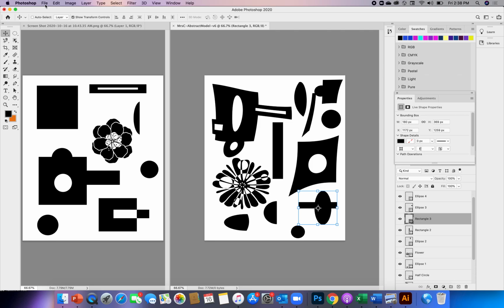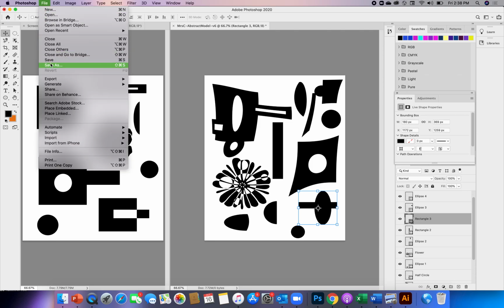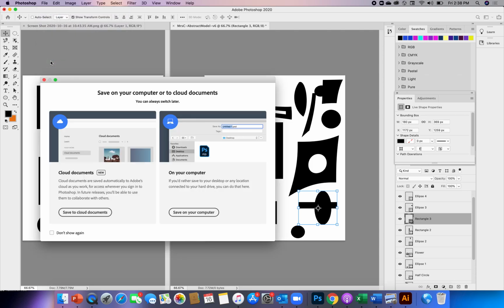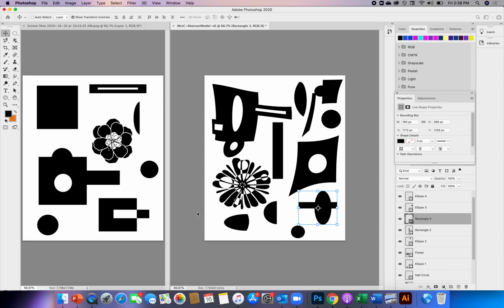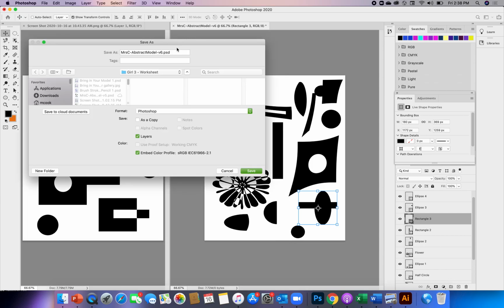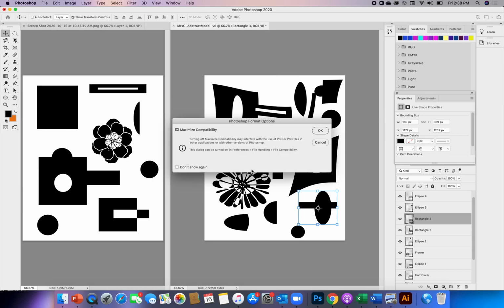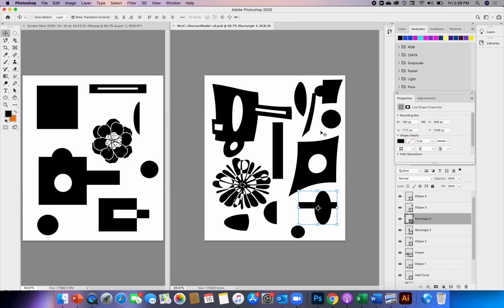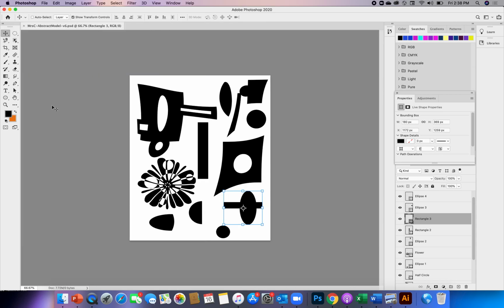Okay, very important when you get this far, hit save. And of course I get a bit of a different screen than you do, but just make sure you're saving into your V drive, into your assignments folder, and that's good. And I'm going to get rid of this now because I don't need it anymore. So I have all of these shapes,